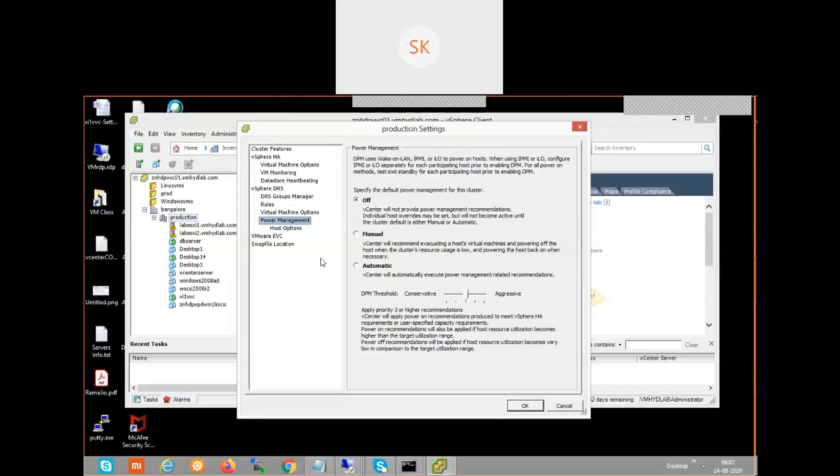To enable this feature, that ESXi host should have Wake on LAN configured. Wake on LAN means, whenever the requirement comes up, it sends a signal to that ESXi hardware. This is a feature on the network card on the management interface. It sends a signal to that network card so that it can bring the server back online. The system itself will power on. By default, this DRS setting will be in the off state.